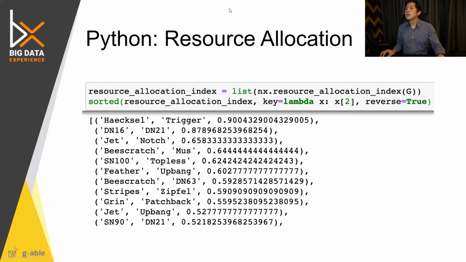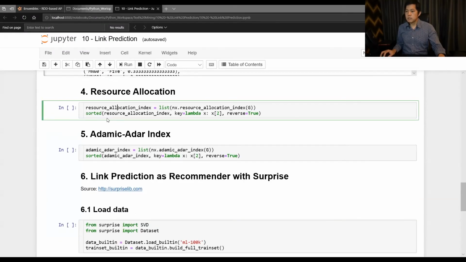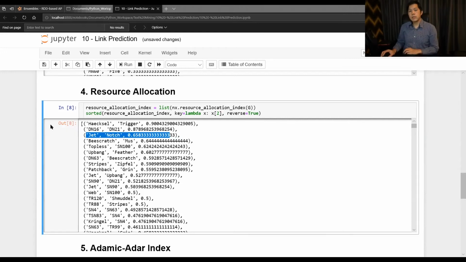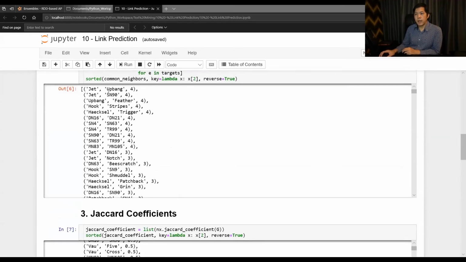All right. Again, switch back to Python. Okay, resource allocation. So here is resource allocation, and then rank by that. You can see that the first one coming up is the connection between jet and notch. Let's focus just on jet because he's easier to see in the graph. So you can see that jet and notch come first, not jet and SN90 or jet and up bank, but